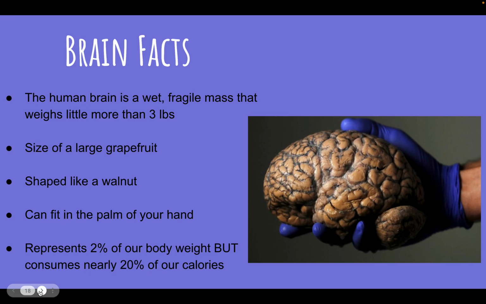So if you have a caloric intake of about 2,000 calories a day, 400 of those calories just go to the brain so that you can walk and talk and breathe and your heart can beat, and all of those nerve impulses are going back and forth, and you're receiving stimuli and you've got reaction to that stimuli. So it's pretty amazing how much